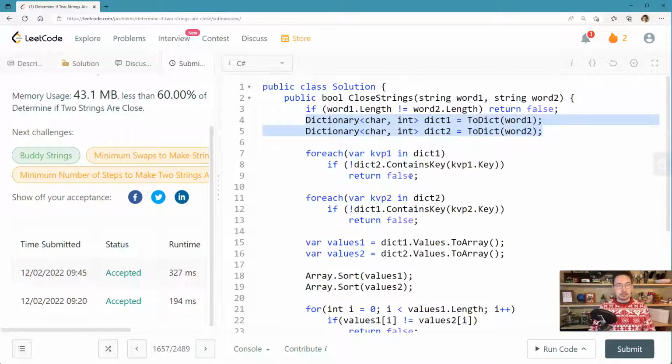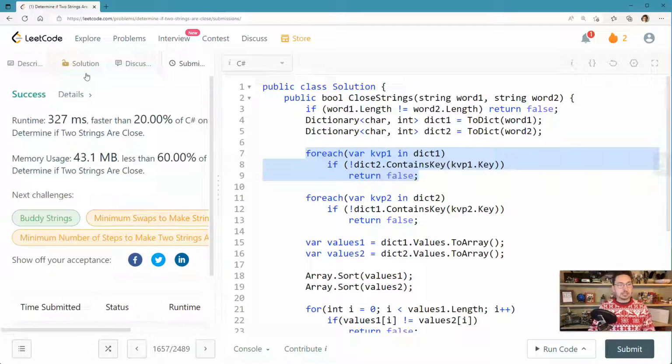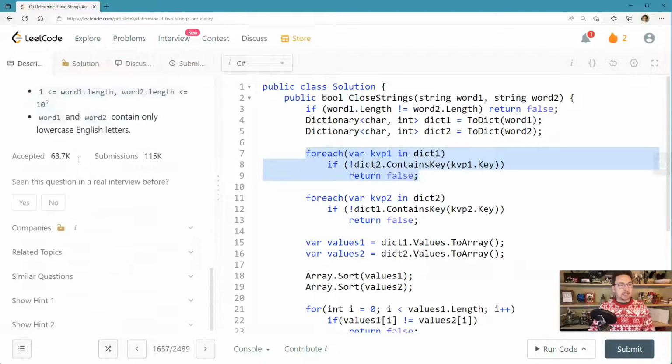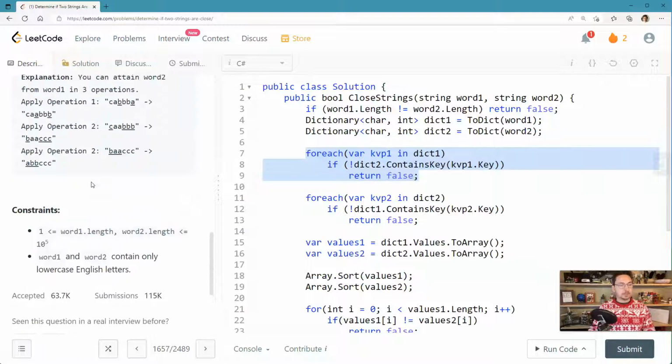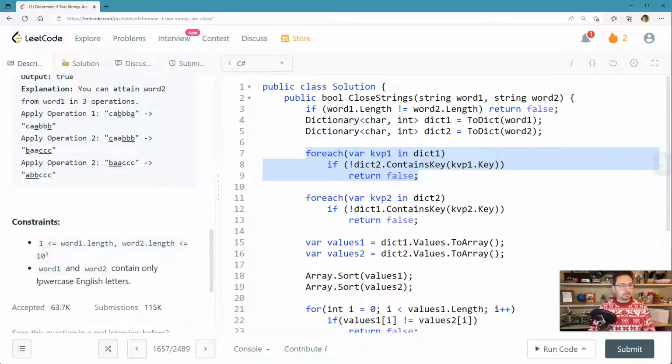Then we do all operations with these dictionaries, and since we have a limitation that words have only English letters,